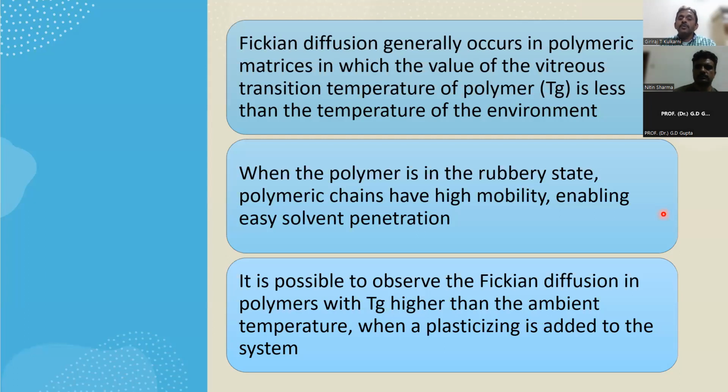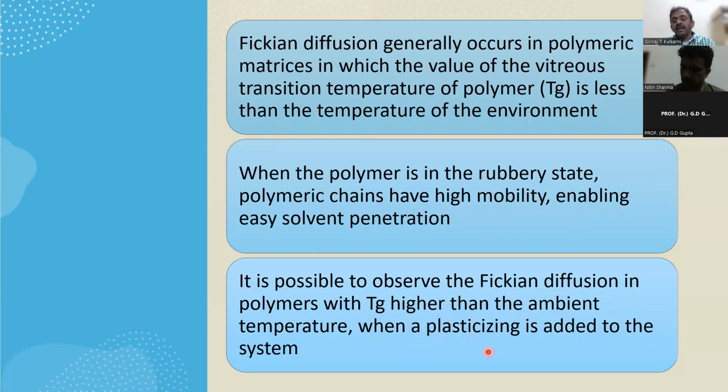So Fickian diffusion generally occurs in polymeric matrices where the glass transition temperature is less than the temperature of the environment. When the polymer is in a rubbery state, polymeric chains have high mobility, enabling easy solvent penetration. They are rubbery, elastic. It is also possible to observe Fickian diffusion in polymers with Tg higher than ambient temperature when